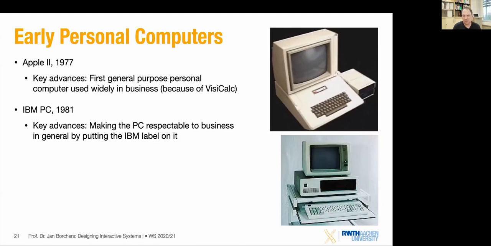Technically, it wasn't really much different from what the Apple II was doing, but the big difference here was that it made the concept of personal computers respectable to business in general by putting the IBM label on. Because IBM, International Business Machines, had been making large calculator machines and large mainframes and so on for decades, for businesses, for insurance companies, et cetera, et cetera. So big business, really. And IBM, sticking the label on it and saying this is a PC, built by IBM,